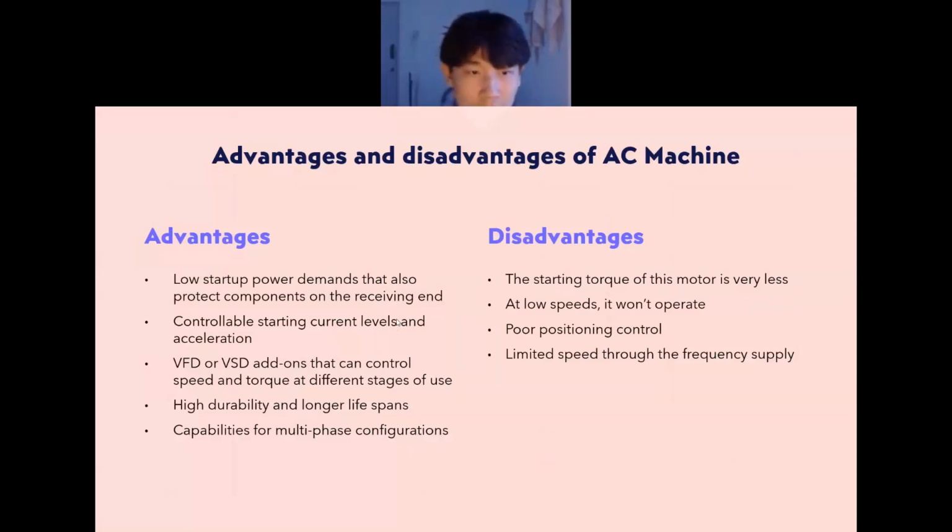Advantages and disadvantages of AC machine. Advantages: first, low startup power demand that also protects components on the receiving end. Second, controllable starting current level and acceleration. Third, VFD or VSD add-ons that can control speed and torque at different stages of use. Fourth, high durability and long lifespan. Fifth,